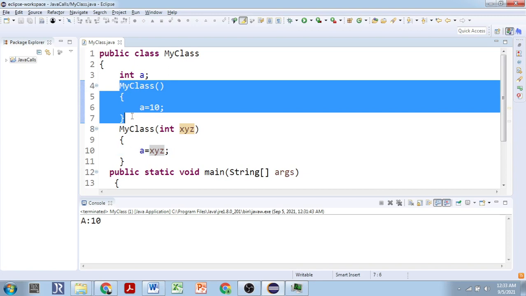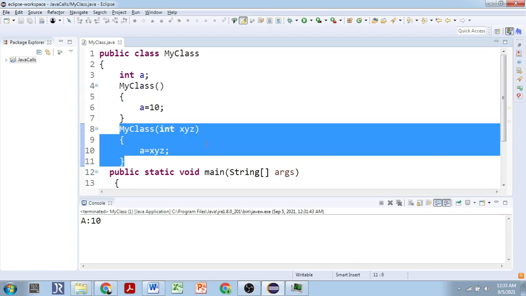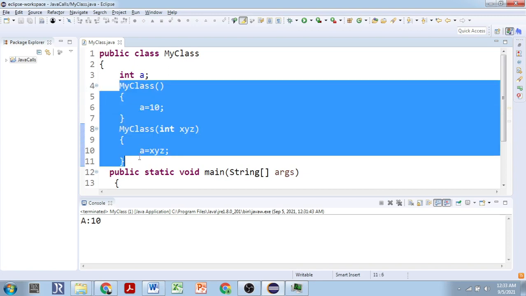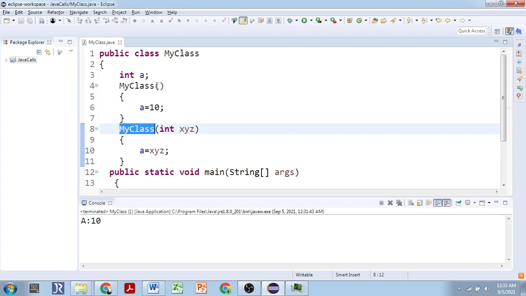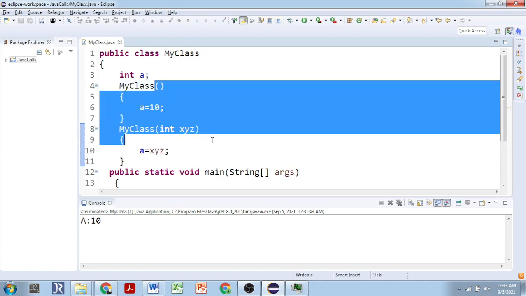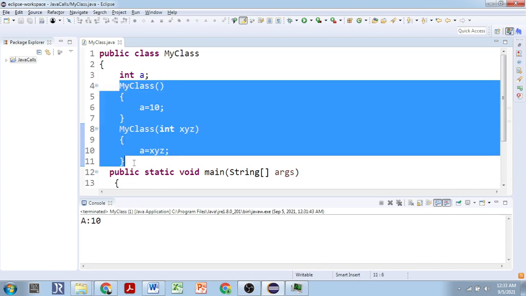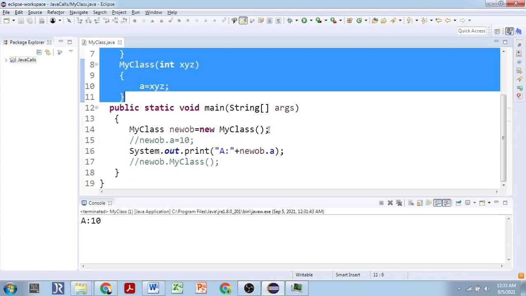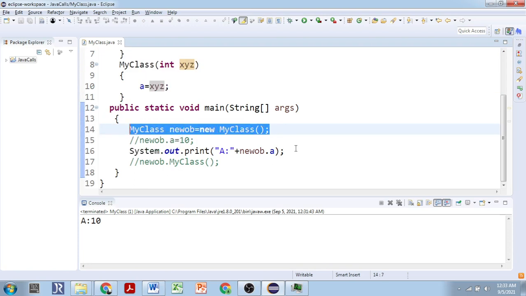constructor, and this is the parameterized constructor. These two constructors are constructors of the class MyClass, so they have the same name, MyClass, but these two constructors are defined in two different ways because their parameter lists are different. So it is known as constructor overloading. In very simple terms. Here you can see that